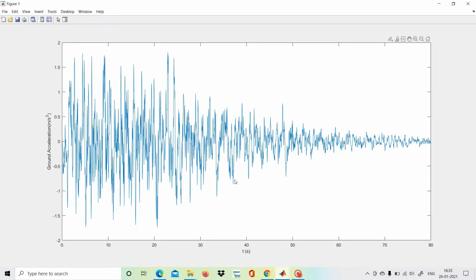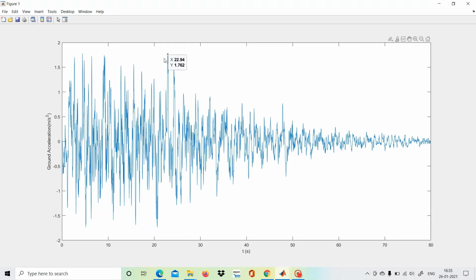We are interested in the maximum value, whether positive or negative, so we find the maximum absolute value, the magnitude of the earthquake acceleration. Here it is minus 1.737, and here it is almost 1.8.